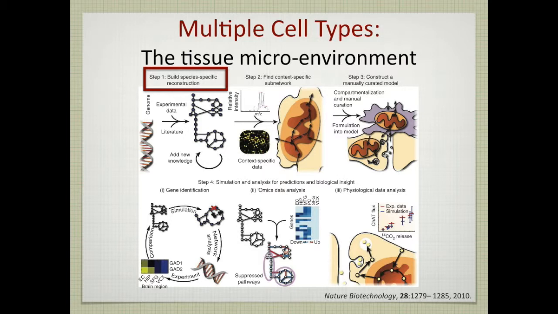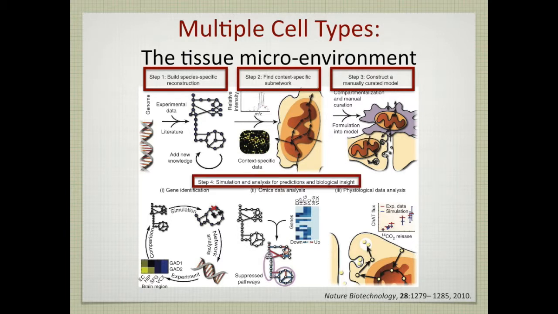And the steps in here are shown pictorially. First, you have to do the global reconstruction, which is Recon 1. Then you have to customize it for a particular tissue. And there we see an image of a microarray that indicates that there is expression profiling data being used to customize it. And then you build a model where the export from one cell is an import into another. And you have an interstitial fluid in between, and you build a model with these compartments. And then it's ready for use, and as shown at the bottom of this slide and detailed in this paper,